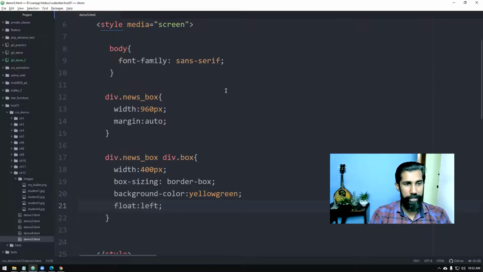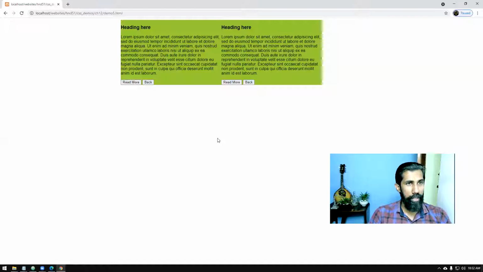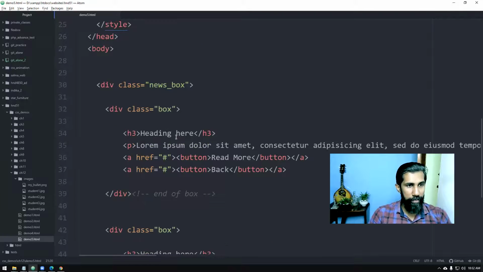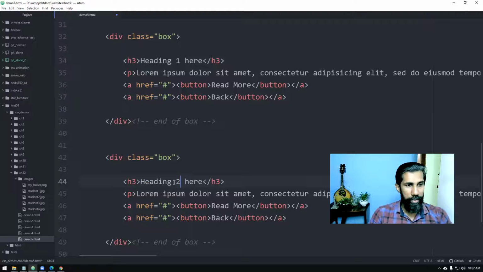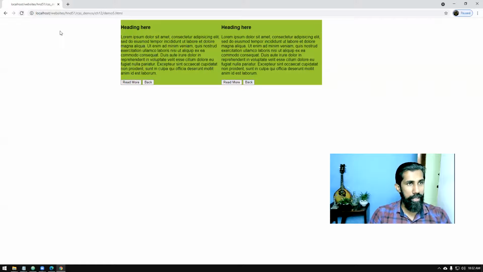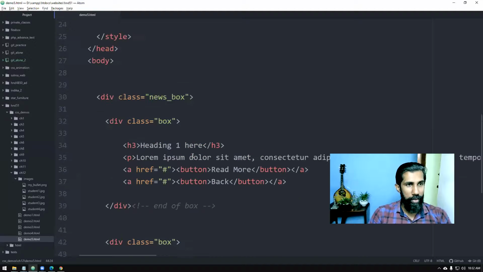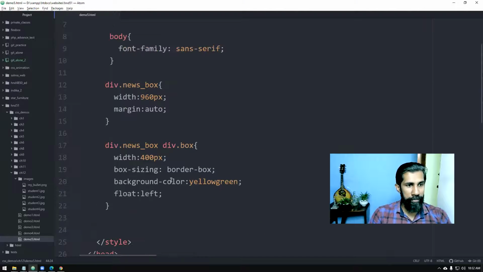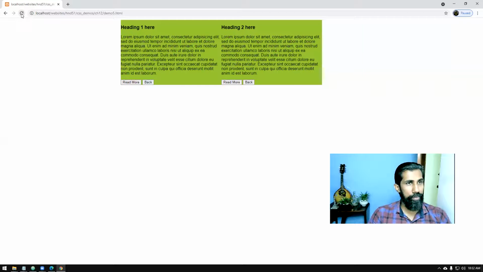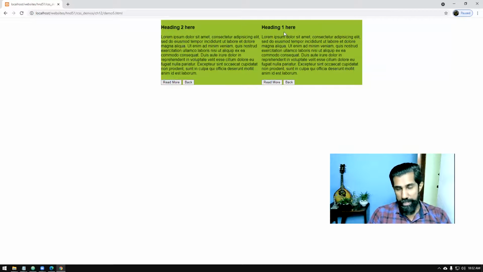Float you can give left. Now see, let's say this one is heading 1 and this one is heading 2. Now watch this. When you say float left or right, you can see heading 1 starts from this side and the other floats from the other side. I hope you understand.